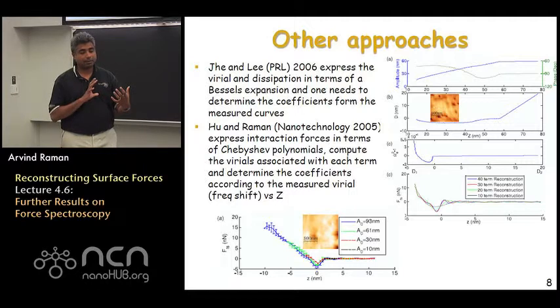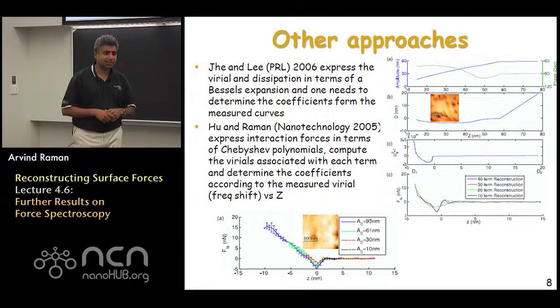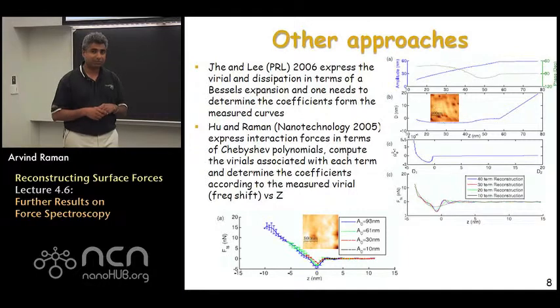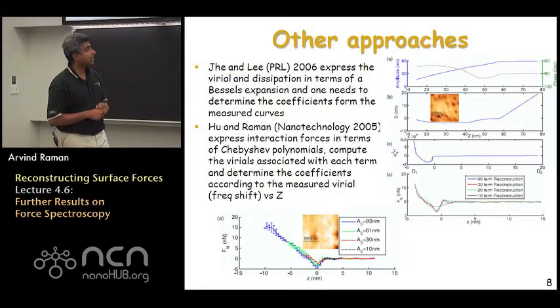dissipation. And then what one would have to do is, from the experimentally measured virial versus z curves, back out what should be the coefficients of the Chebyshev polynomials that best fit the measured data. Now, this requires the inversion of a matrix. In some sense, it's not very much unlike what has been proposed in the frequency modulation area, the matrix method. It is a little time-consuming, and it requires the use of several Chebyshev polynomials, but the results experimentally are nonetheless